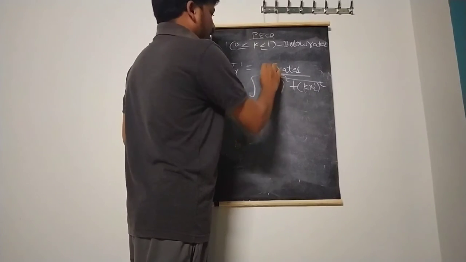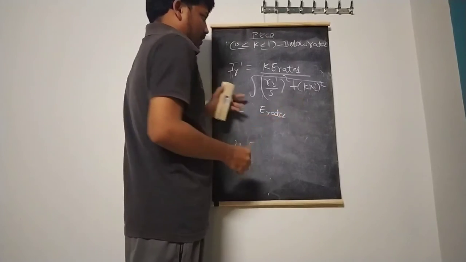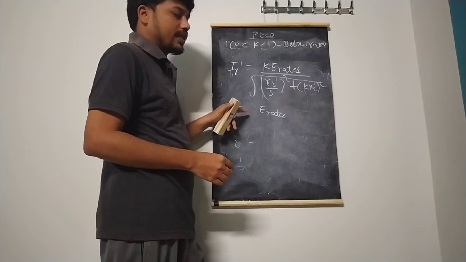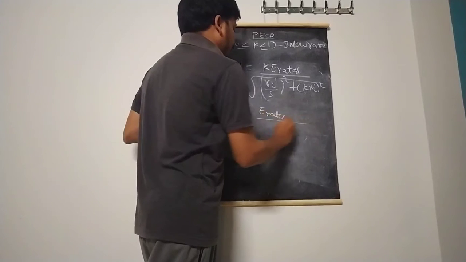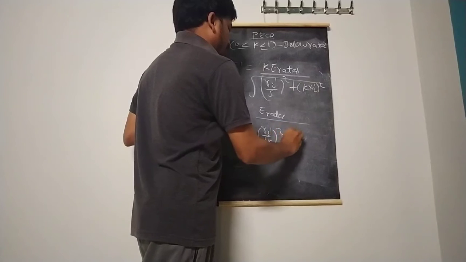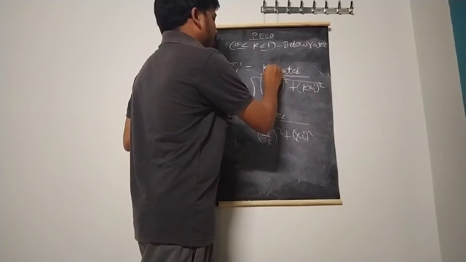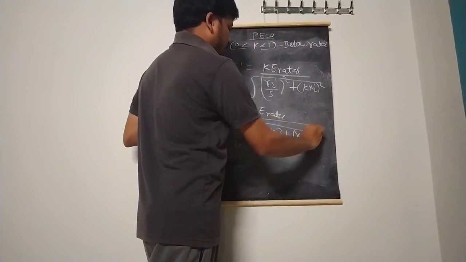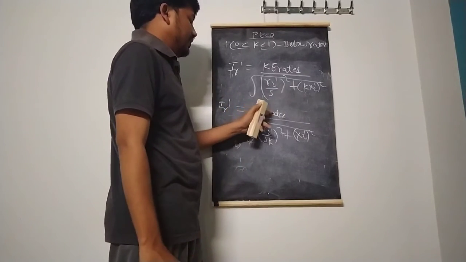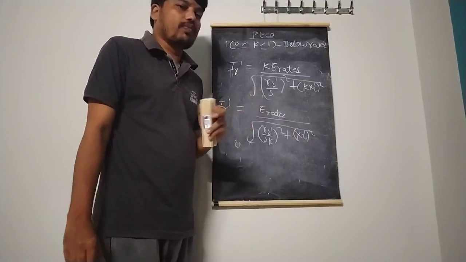Then, dividing by k: capital V and capital E are the same here because we neglect the stator drop, so V becomes equal to E. E rated by the square root of R2 dash by sk whole squared plus X2 dash whole squared, because k by k cancels. Therefore R2 dash by sk. This is the IR dash, the rotor current referred to the stator: E rated by the square root of R2 dash by sk whole squared plus X2 dash whole squared. This equation is helpful while doing problems.